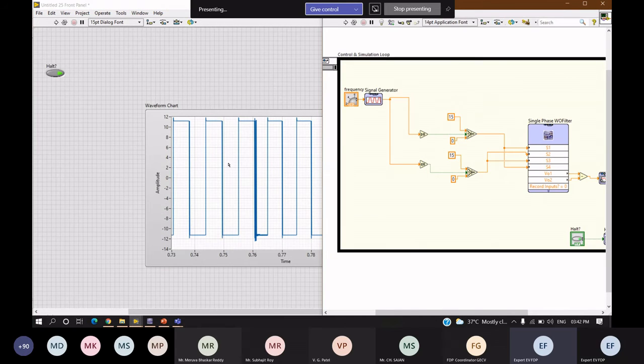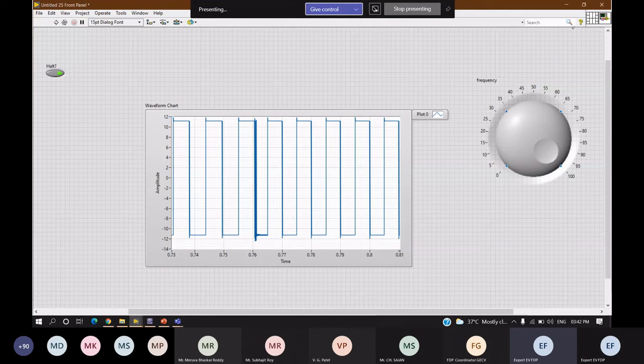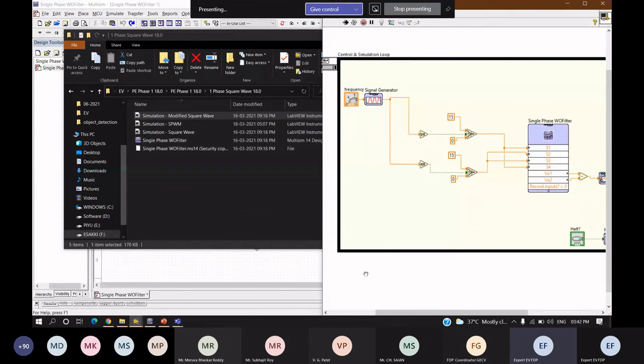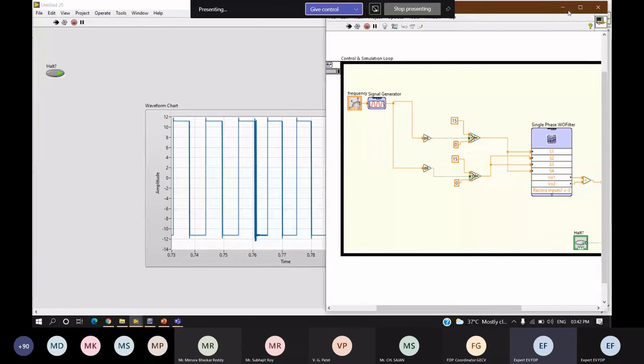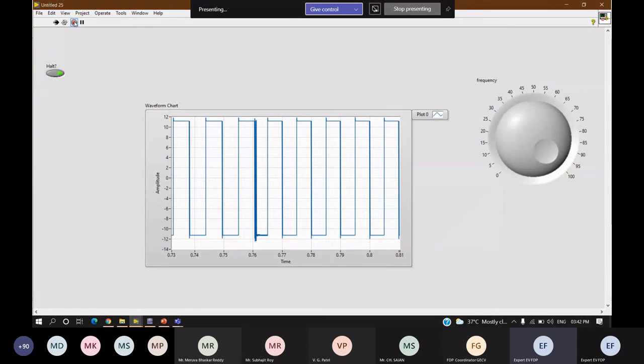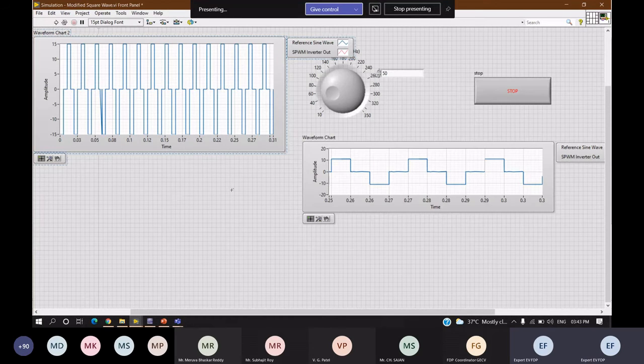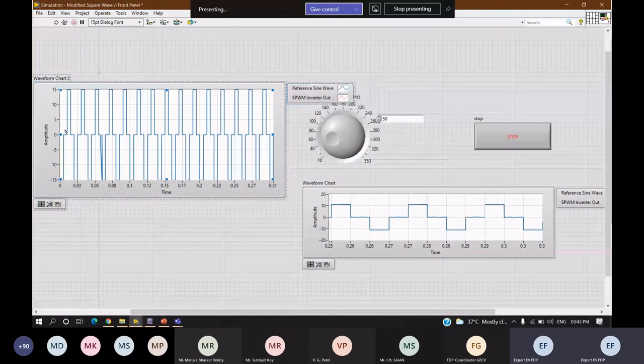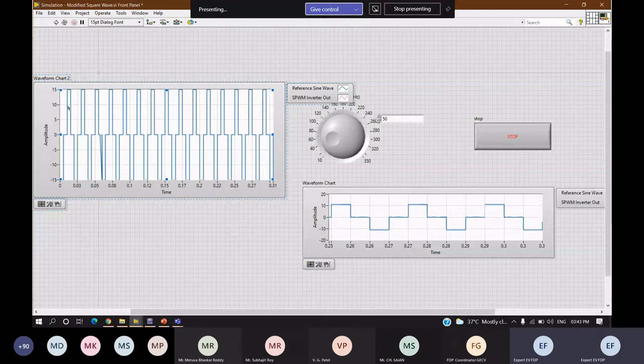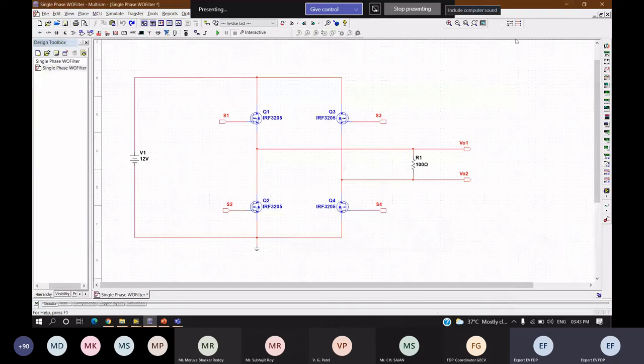Sorry, not this one. Just stop this. Sorry. Yeah, so in this reference signal, whenever my amplitude is greater than 2, which means from this point to this point, in the positive cycle from positive 2 to negative 2, we'll be turning on S1 and S4.